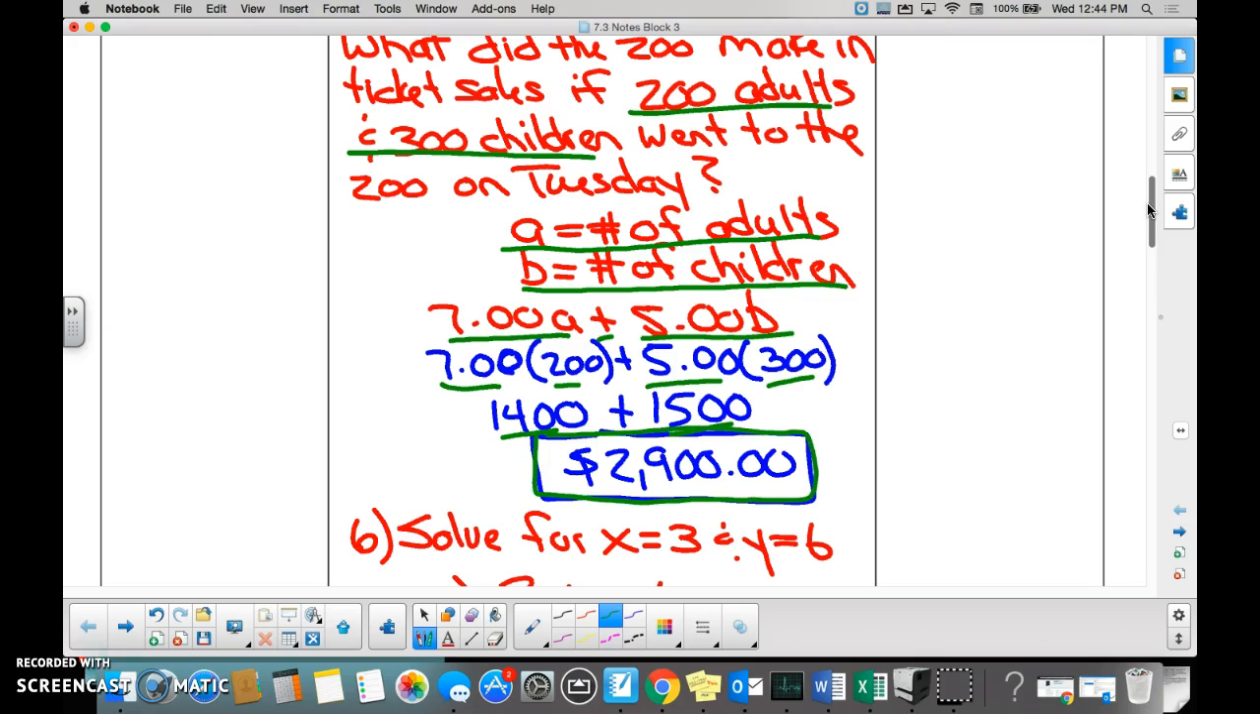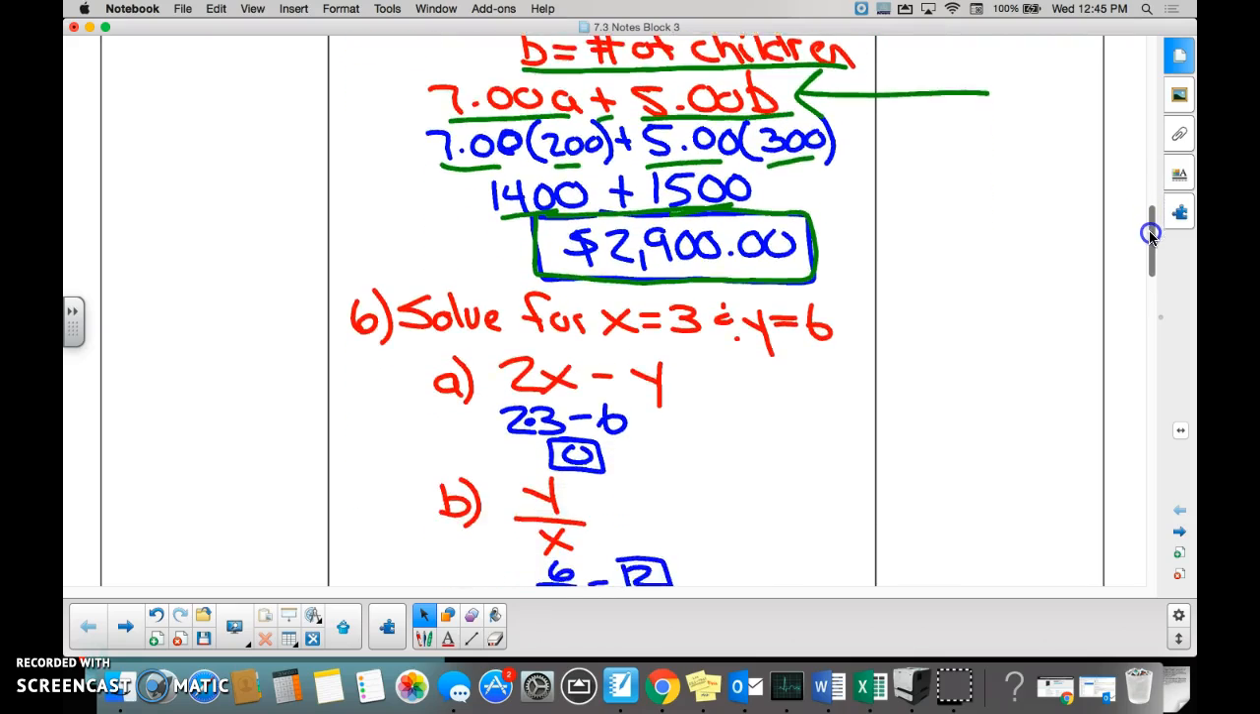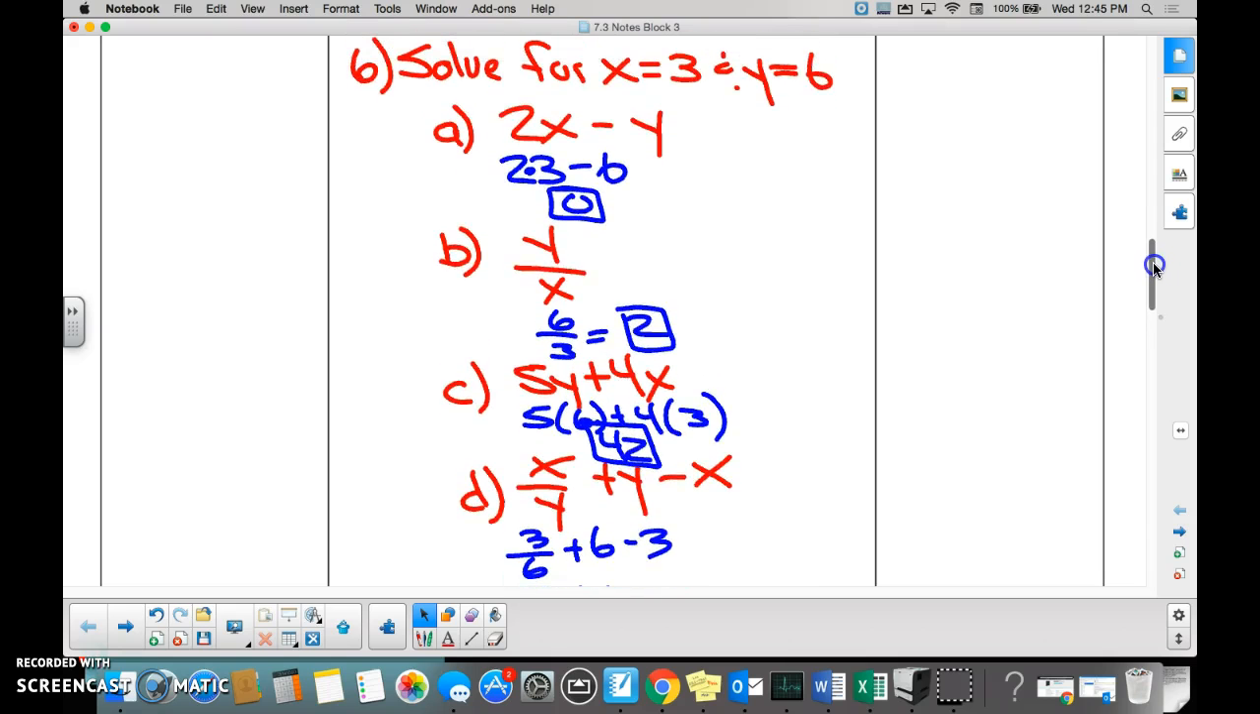Now today, which is Wednesday, will that number most likely change as far as the number of adults and the number of children coming to the zoo? Yeah. Obviously. So now we have this one formula right there that we can use for every single day of the week until we decide to change ticket prices. Make sense? Yeah. Number 6, number 7, and number 8 are simply more expressions that you're plugging in the variables